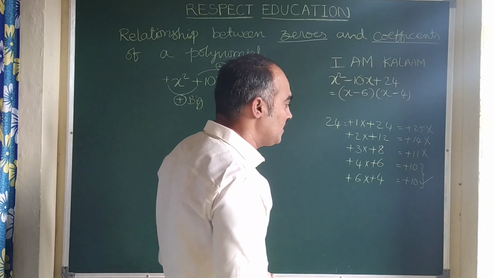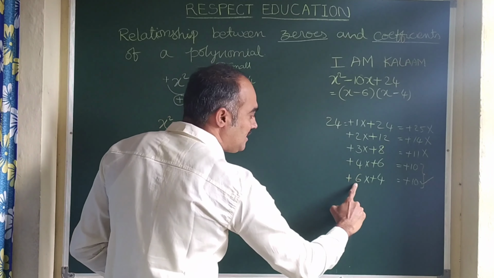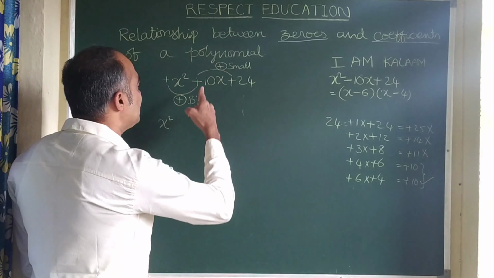Now here let us write the x square as it is. This 10x is there, 10x I am writing as plus 6x plus 4x, right? So 10x can be written as plus 6x plus 4x. 24 as it is. As I have told you, we are finding the zeros. Let us take the given polynomial equal to 0. So here 0 comes. Now here 4 terms are there.